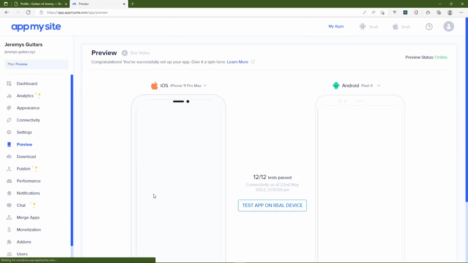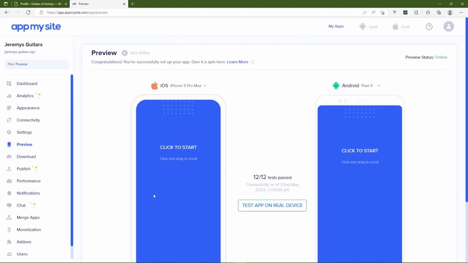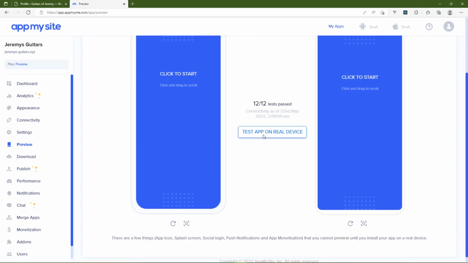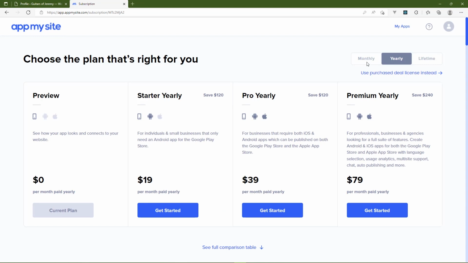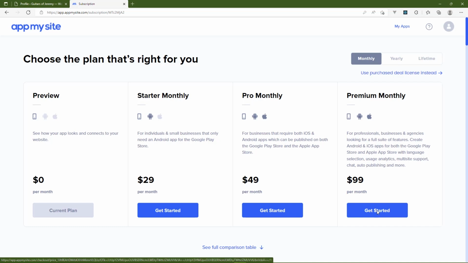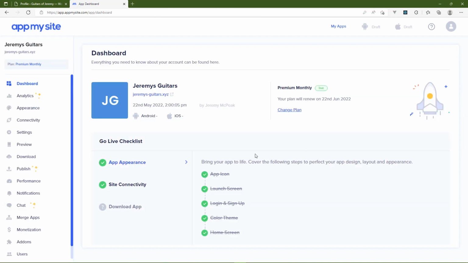Now, this is a preview plan. You can design and create your application however you want using the preview plan. However, if you want to roll this out into the App Store, well, then you need a paid subscription. You can test your app on a real device. On iOS, that means that you have to install the TestFlight application so that then you can run your AppMySite app. But if you want other people to use it, you need to upgrade your subscription, which there are several options. I'm going to upgrade mine to the premium monthly plan, which unlocks a lot of other features, such